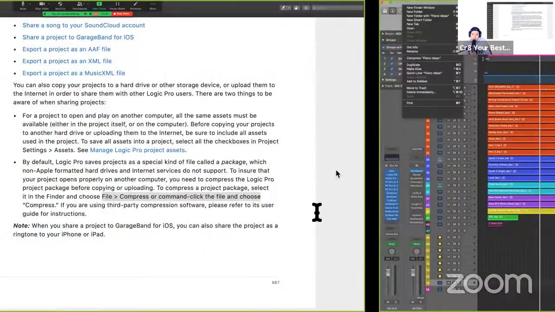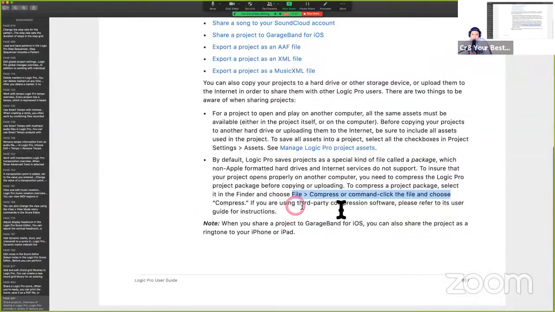Awesome. What else? If you're using third-party compression software, please refer to its user guide. When you share a project to GarageBand for iOS, you can also share the project as a ringtone to your iPhone or iPad. How about that? That's pretty cool. Highlight that. All right, page